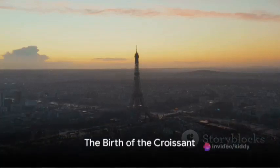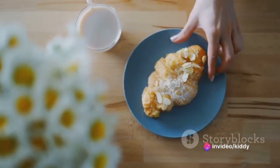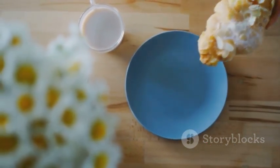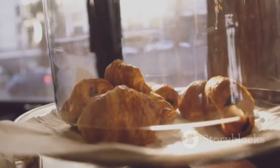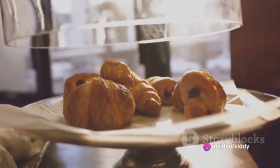Picture this: Paris, late 18th century. The city is abuzz with the latest culinary invention, a crescent-shaped pastry as flaky as the morning frost and as buttery as a summer sunrise. This, my friends, is the birth of the croissant, a pastry so popular it's become synonymous with French culture and